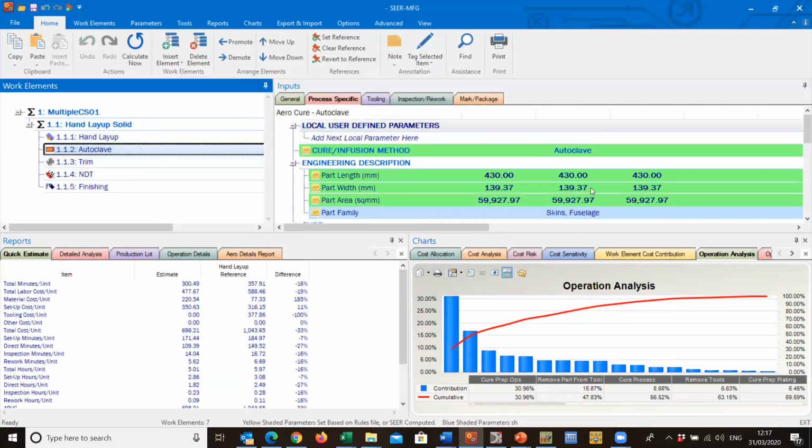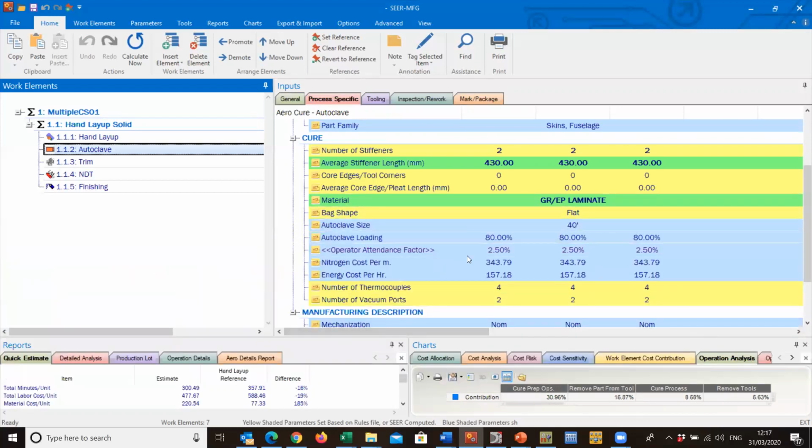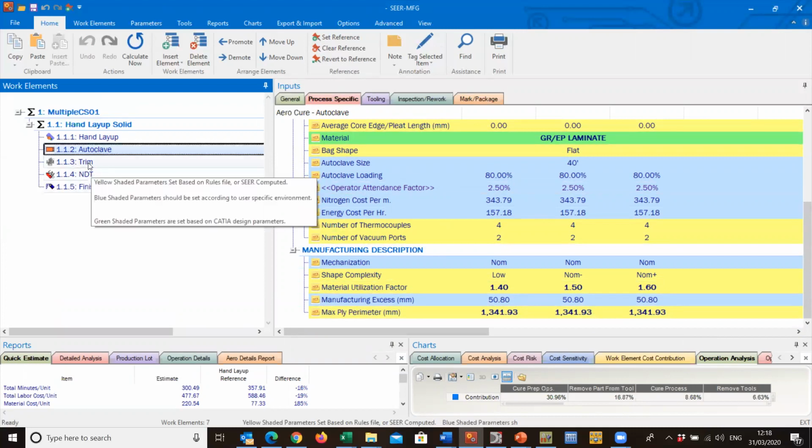We have autoclave operations. It's brought in all the information relating to the part size, number of stiffeners, the cycle. Just drag that down so we can see it better. Information about the size of the autoclave, the loading percentages, operator attendance, cost of nitrogen, energy, mechanization, and utilization. So all of this goes together to give us our cycle times for autoclave,